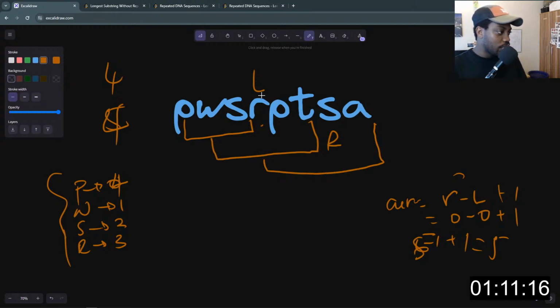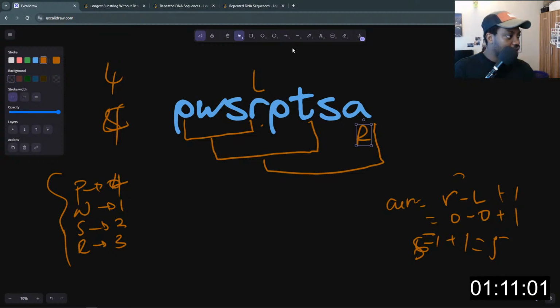So this will be our final window of unique characters in the string. But what if we found, let's say at this point here, we had an R. Where should I put this R again? Let's say we had a